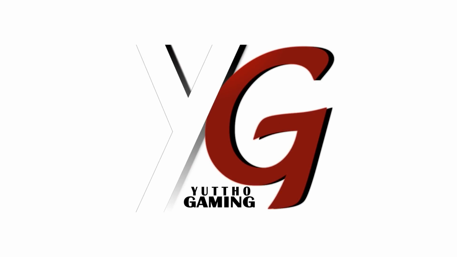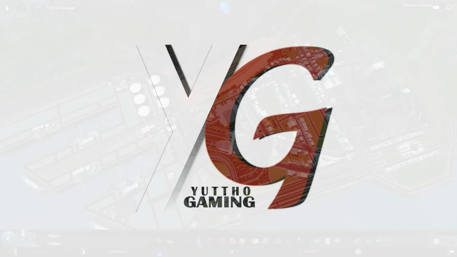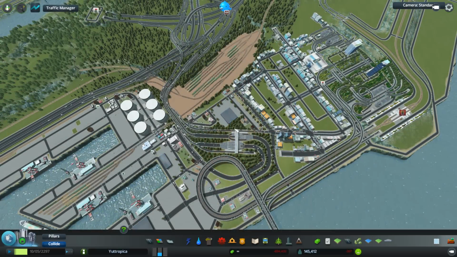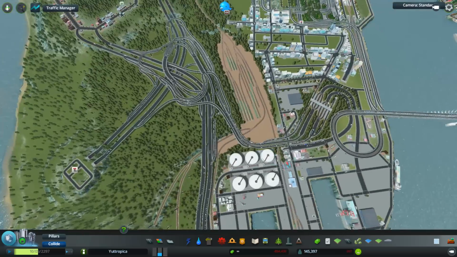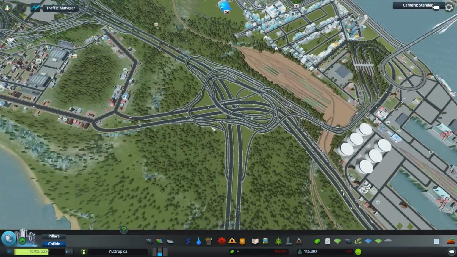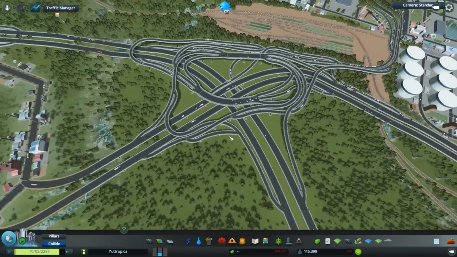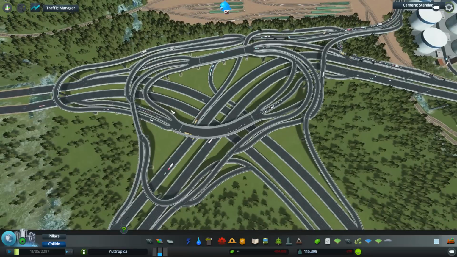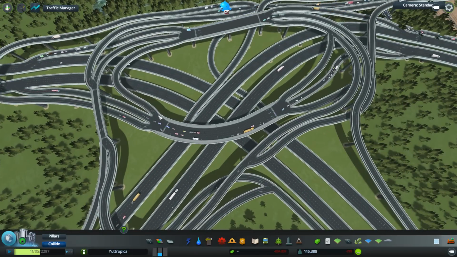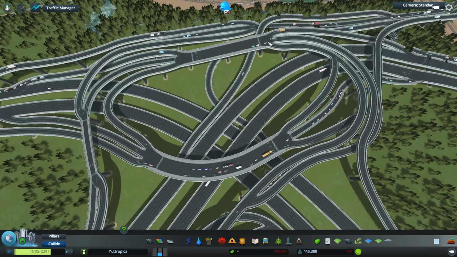Okay, so this is pretty much what I've done since the last time I've touched this interchange and area here. I've made a few touch-ups with the interchange and added a few more ramps and rearranged quite a few other ramps as well. And because of the design that I had here, where we had 3 ramps connecting into